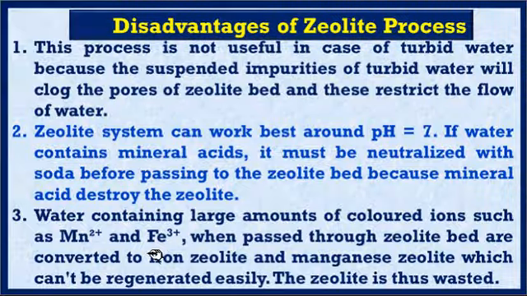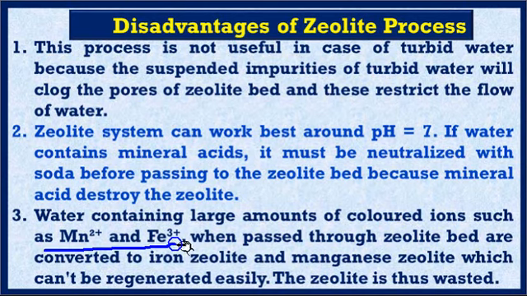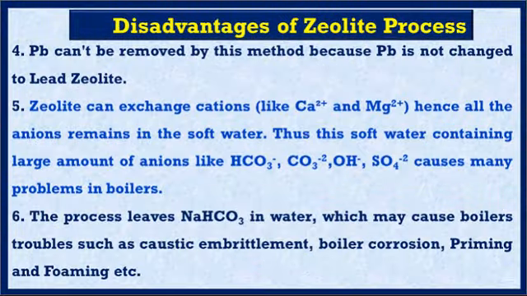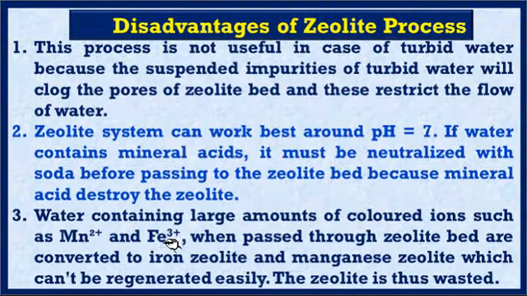Next disadvantage is that water containing a large amount of colored ions like manganese and iron ions, when passed through the zeolite bed, is converted into iron zeolite and manganese zeolite, which cannot be regenerated easily. So if the water contains manganese or iron ions, this water can